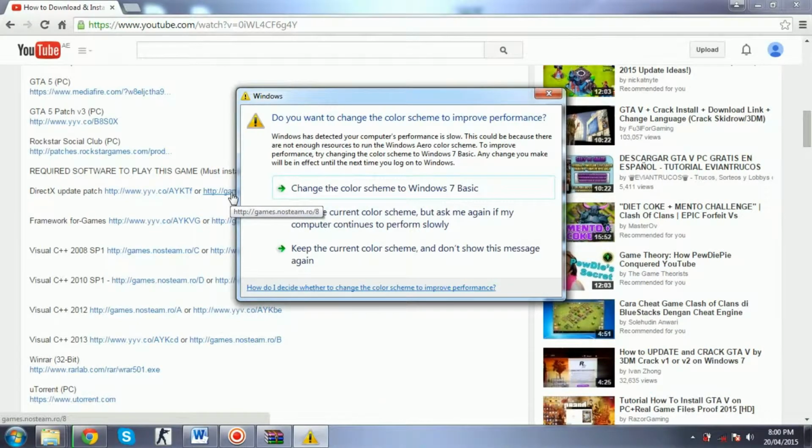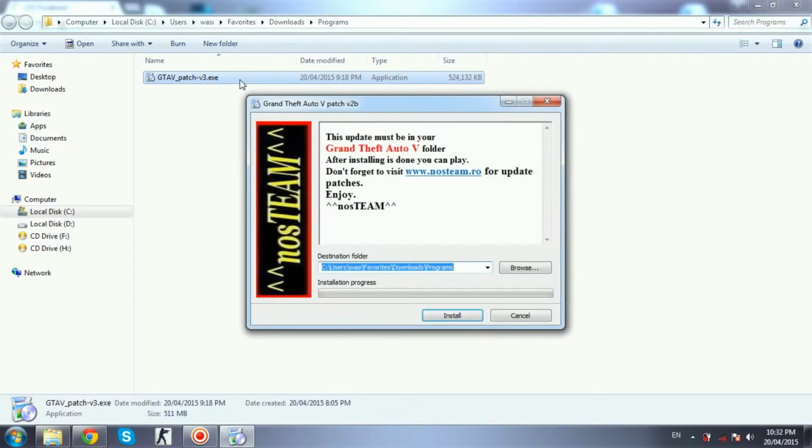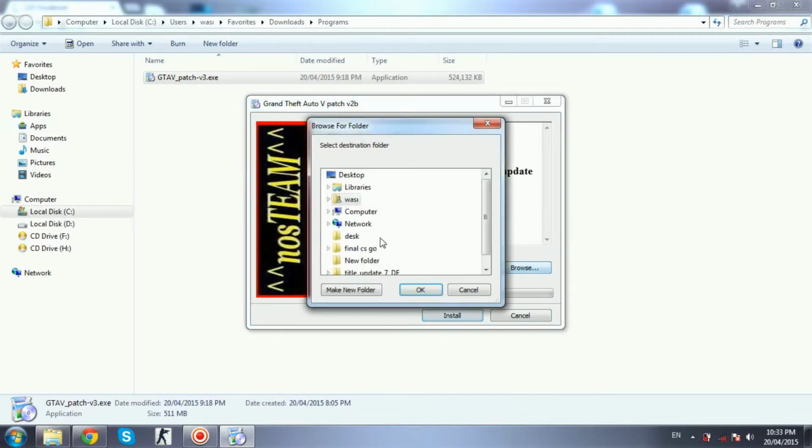So guys, after I have downloaded the patch from Google Chrome, just open it, press enter, and double click. Make sure you install the patch in the GTA 5 folder. Remember, I told you before that I downloaded GTA 5 in my D drive.